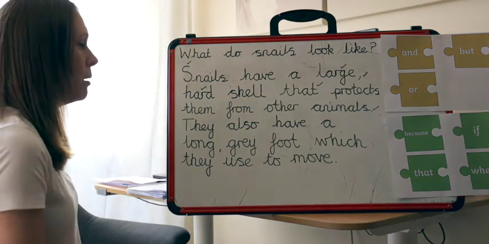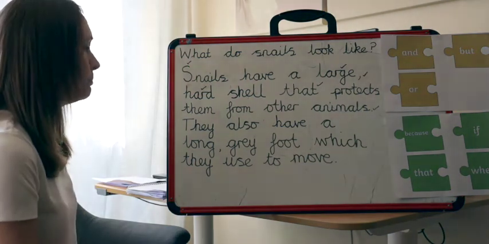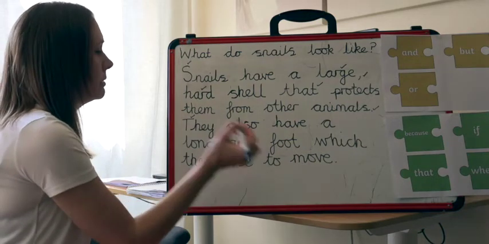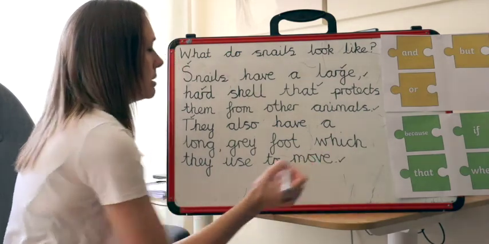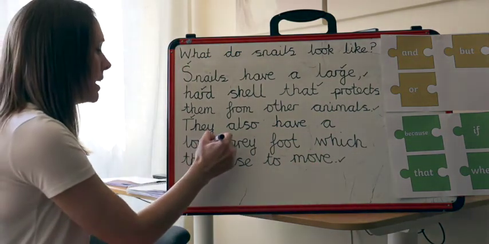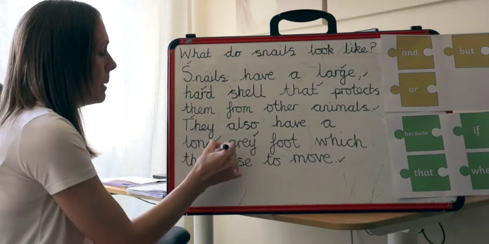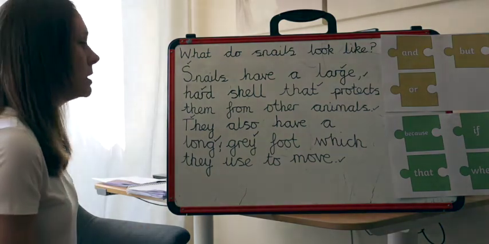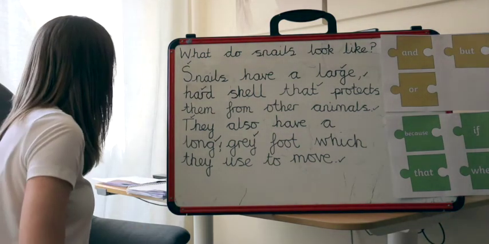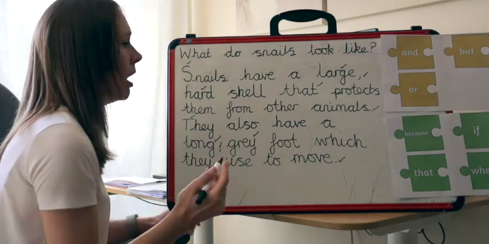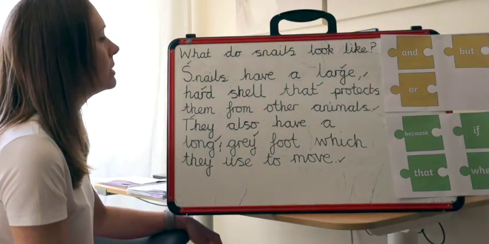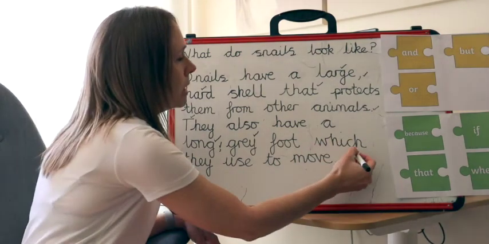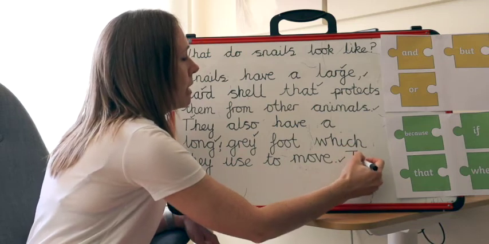Put a full stop because I've finished saying what I need to say. So let's check that sentence. It begins with a capital letter. It has a full stop at the end. It has some adjectives. It has a comma when I'm making a list. I've used my joined up handwriting. So now I'm ready to write my next sentence. Now I was going to write about the snail's eyes. So I'm going to write about the eyes next. So I've got my full stop, so I need to remember to put the capital letter. They